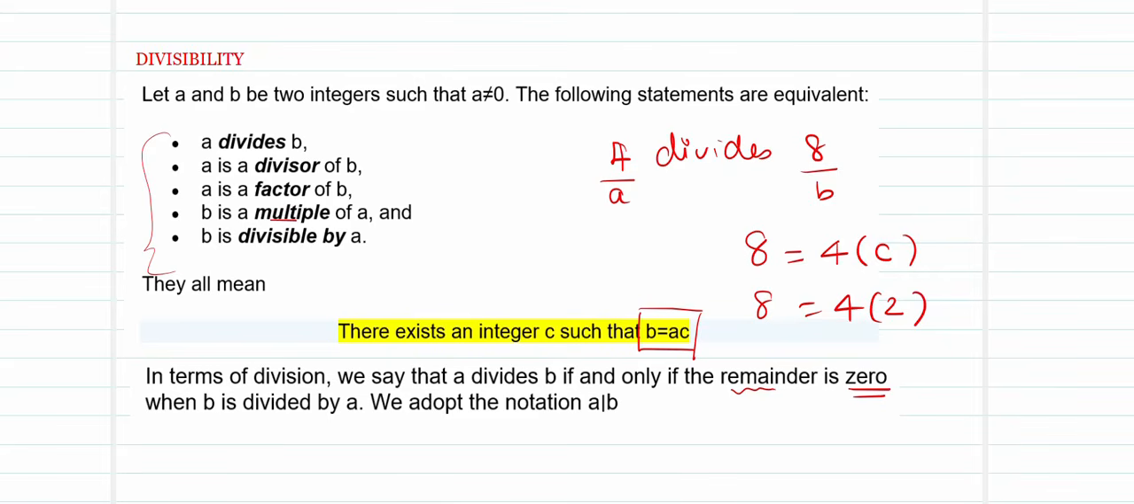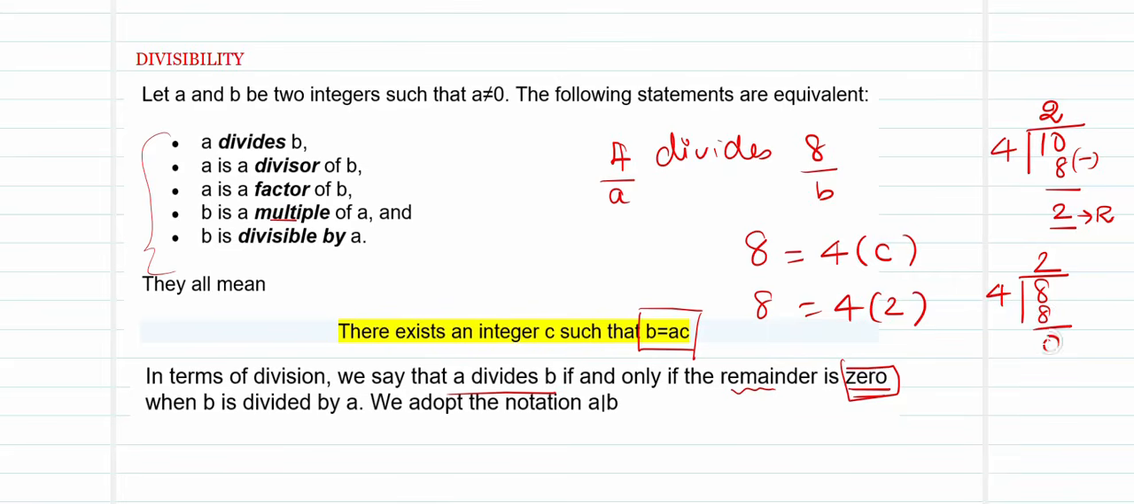Suppose I divide 10 by 4. How many times does 4 go into 10? It goes 2 times, so 4 twos are 8. On subtraction, I have a leftover of 2. This quantity is called the remainder. So when we say that a divides b, the remainder is 0. When I divide 8 by 4, 2 times 4 is 8, and it leaves no